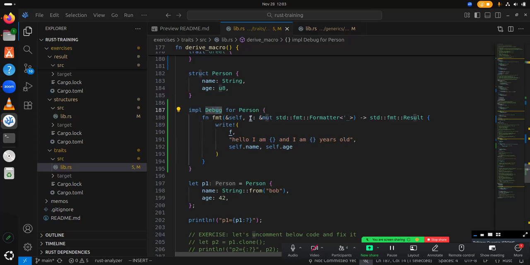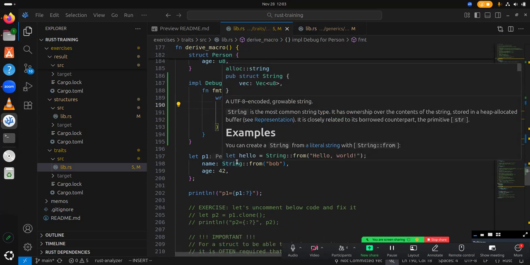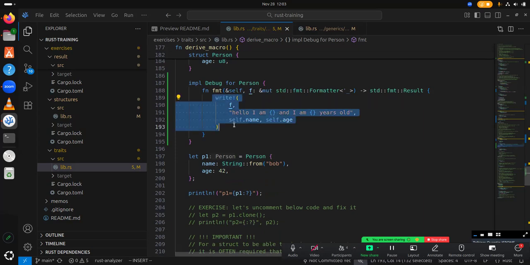This is like F is something you can write into. So you write this format string with these values inside F. This is something you have to remember and that you use everywhere when you want to implement display